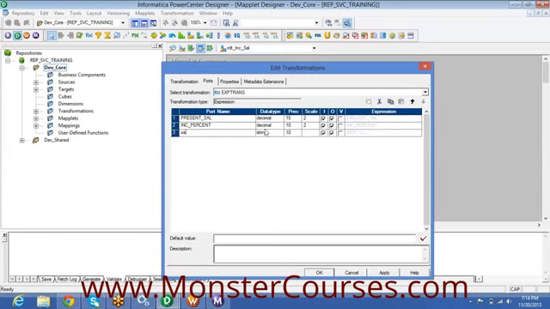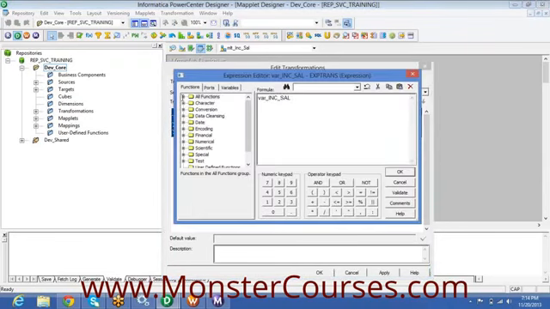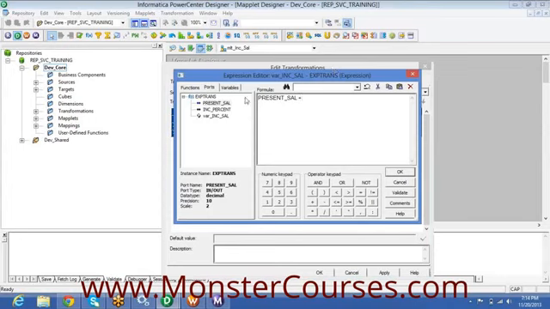So now you need to create the variable port, variable increment salary. Create it as a decimal. What you have to do is present salary plus present salary into increment percentage.